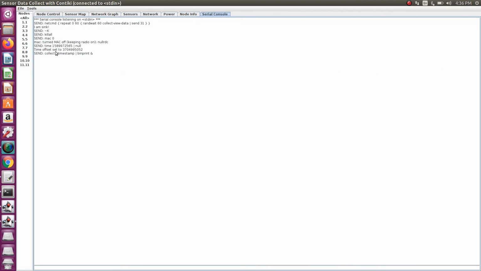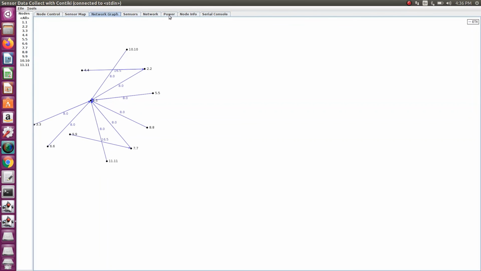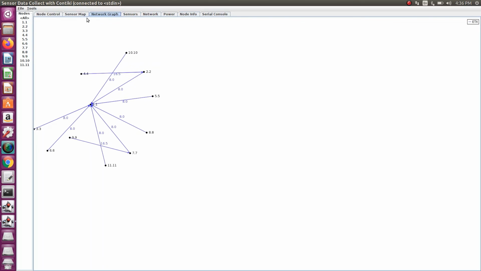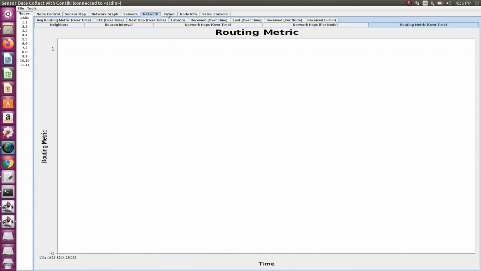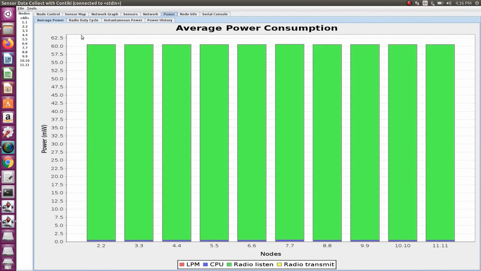Then the next one is the serial console. So it is the total time offset. Its value will be indicated here. Okay. So by using this plugin, you can get more information about your network. Okay. So depending on your network design, we can get more information. Okay. So it is a very useful plugin. For research purposes, we can easily get the output.